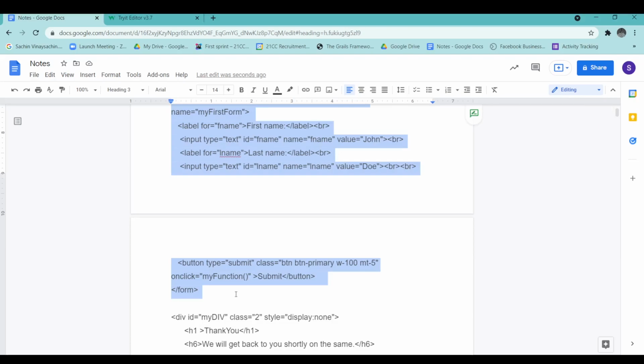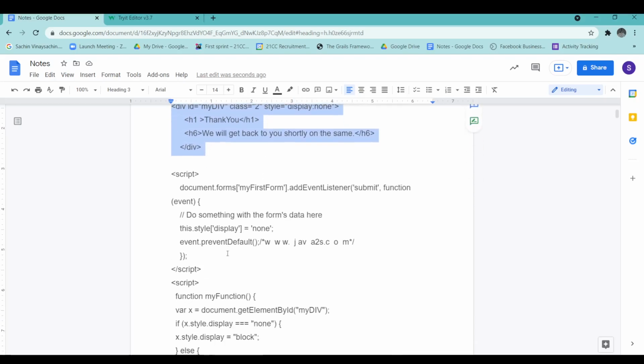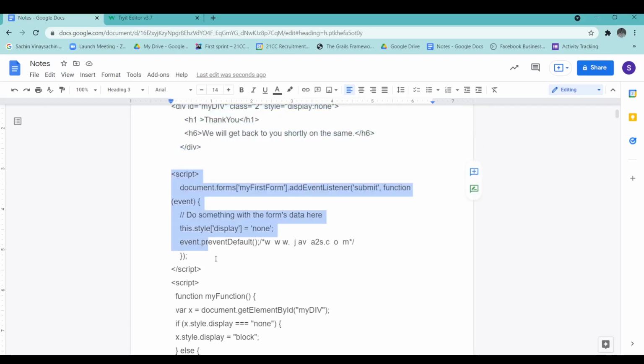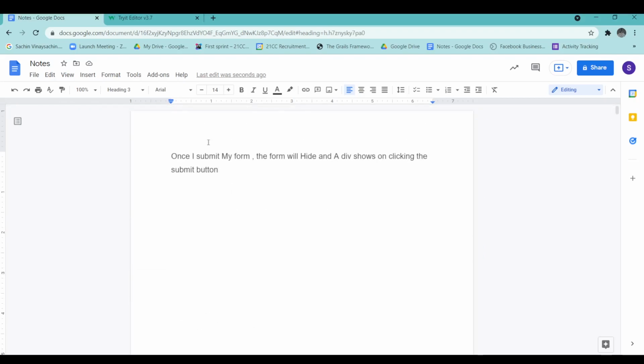Here is a small form and here is a div, and here is a JavaScript. Once I submit the form, it will hide and a div will show on clicking the submit button by using JavaScript.